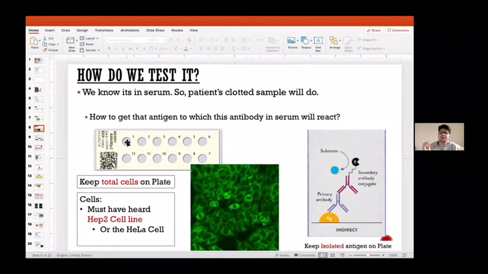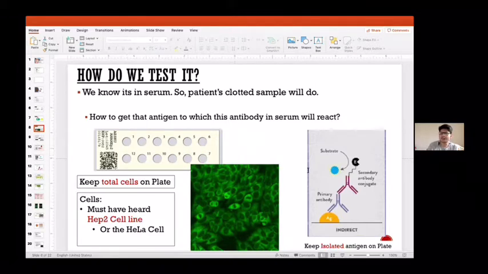Now suppose you have a patient who does not have anti-nuclear antibody, who does not have ANA positivity, say a healthy control. When that serum is put on this well, the antigen is there, but the antibody is not there, so the immunofluorescence mechanism won't work and it will show as negative. The brighter the light, the higher the titer of antibody. But that is a semi-quantitative method, not quantitative. It won't give us the exact titer of antibody. So this was one method of getting antigen on the plate against which antibody can work.